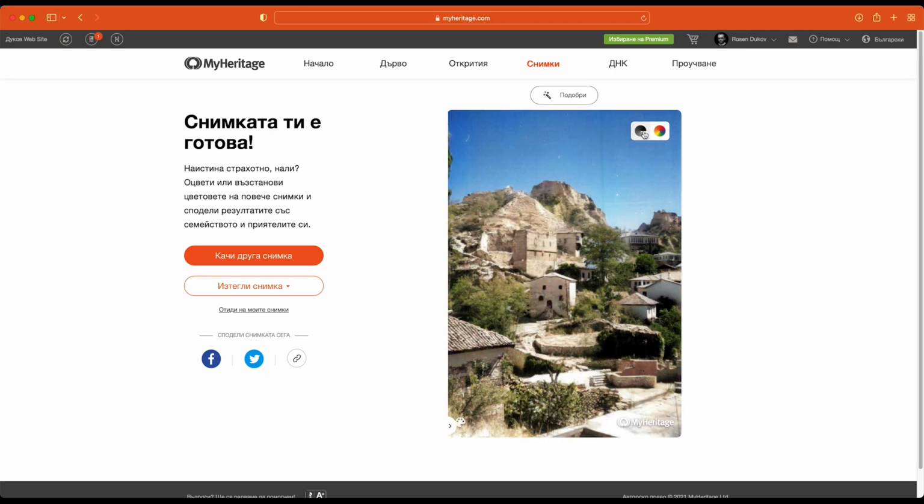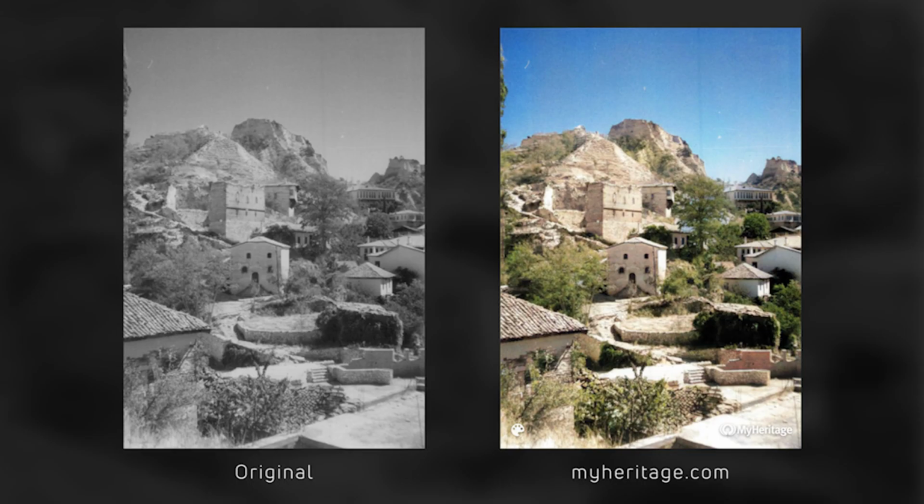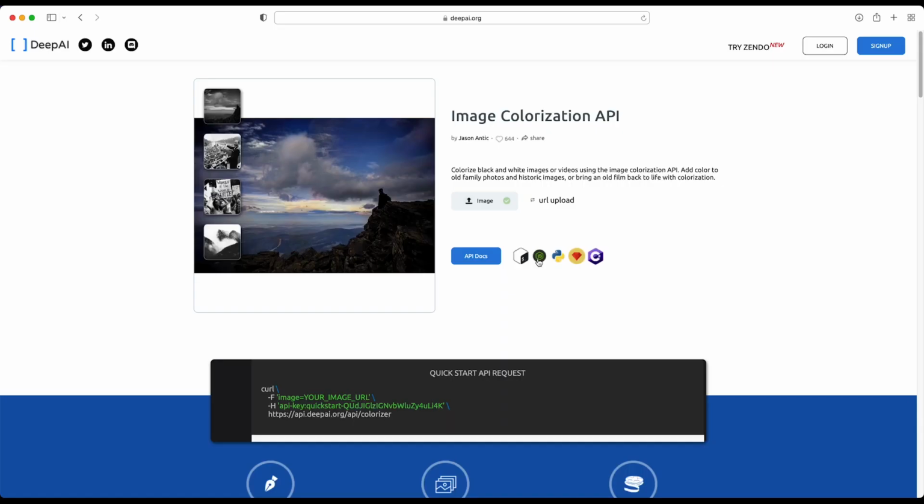Now here we have better contrast, actually looking quite good. The sky tones are good, the rocks, a good separation between plants and rocks, for example. Now here we have some bridges, like there is some sky, actually there is no sky there. Hopefully all this could be fixed in Photoshop. The idea here is to allow some algorithm to do the dirty job for you. At least this is how I understand it. I'm looking for a result which can make me do less work in Photoshop after it's done. So this was MyHeritage.